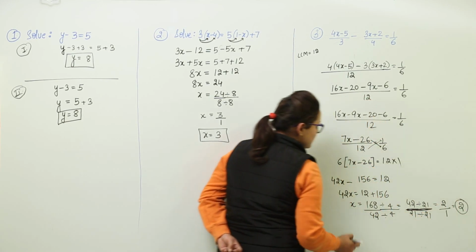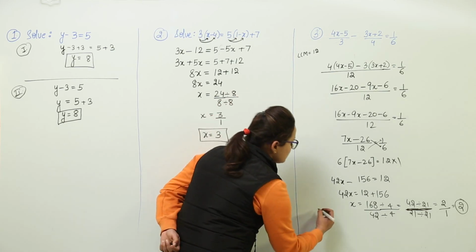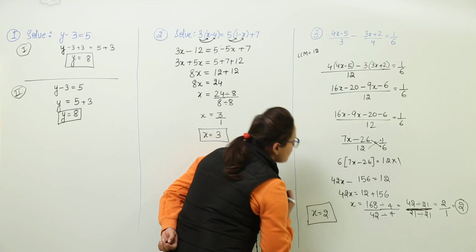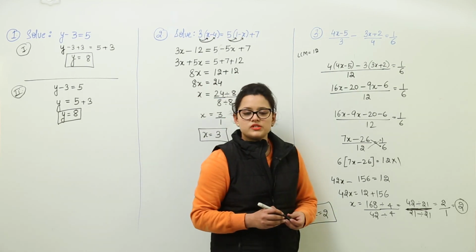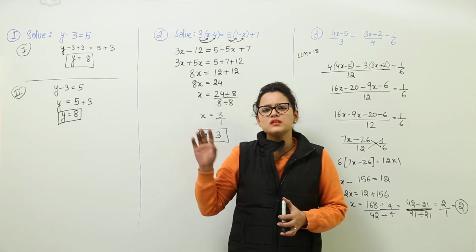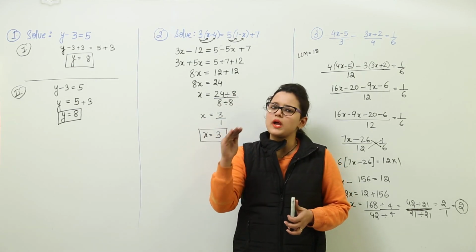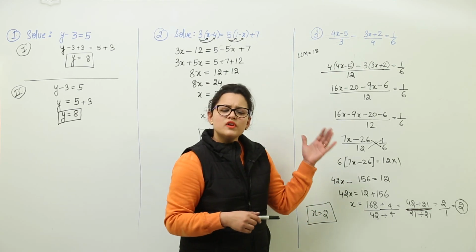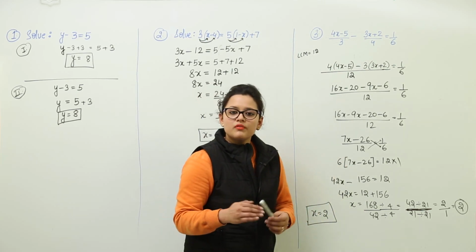So that means what is the value of x here? The value for x here that we have got is x is equal to 2, which is the solution of this equation. So this is how we can use the different methods. There is no such particular rule that you have to add or subtract or multiply in this case. It depends on your choice which rule you want to apply and after which rule.